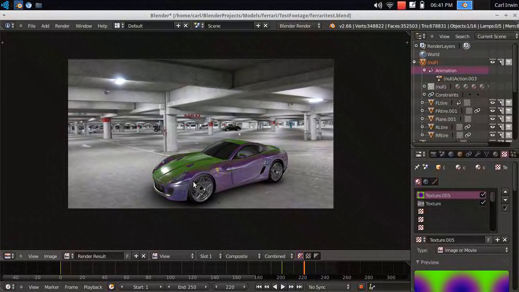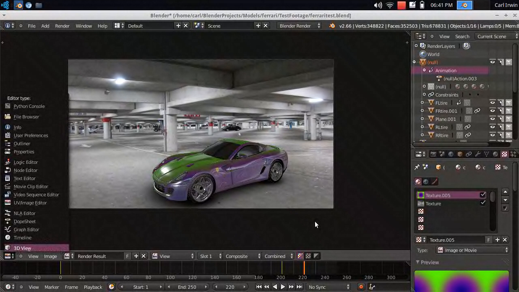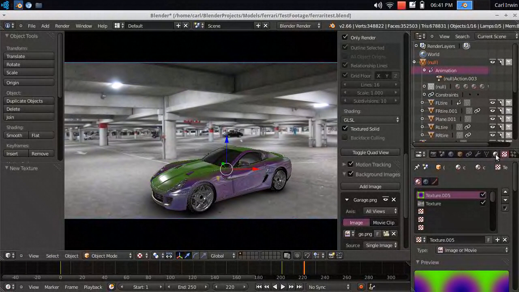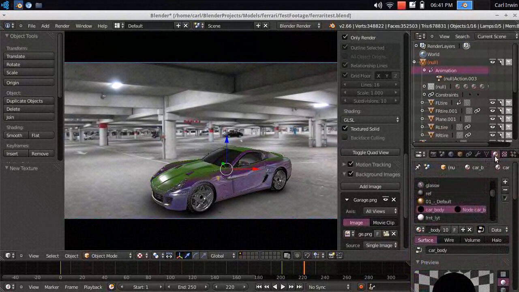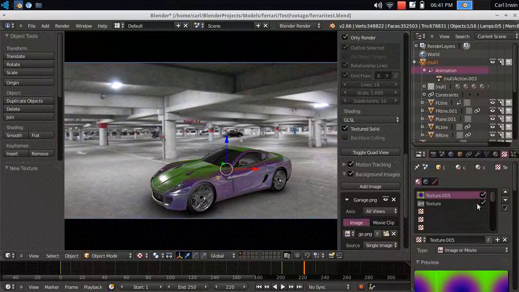So anyway, that's just a trick that I have discovered in the course of using OpenGL. Let's turn this off. We don't need it. And go back to our red color. Okay. Now,